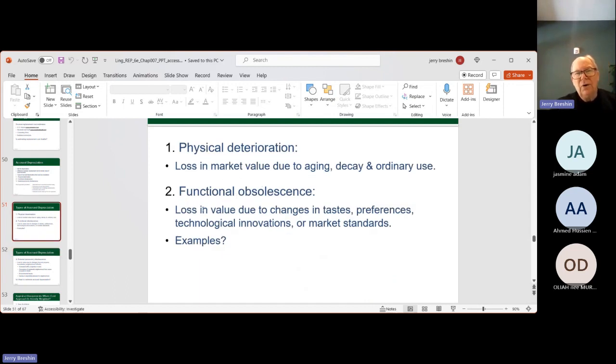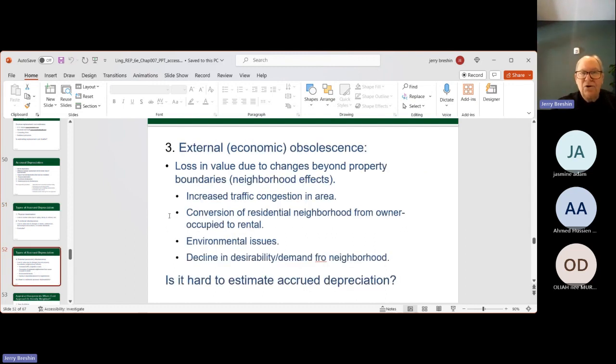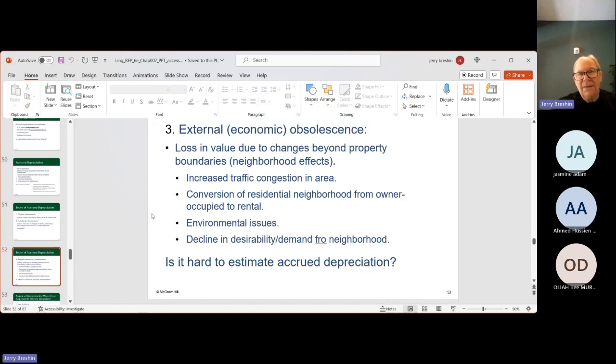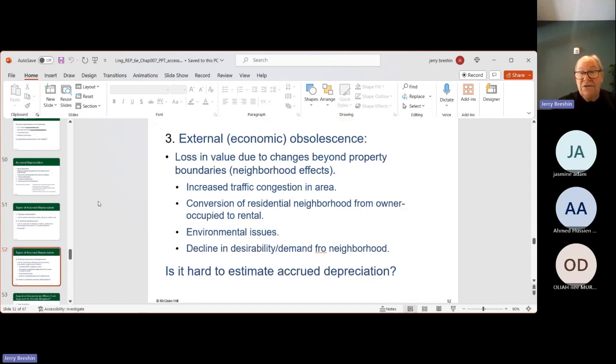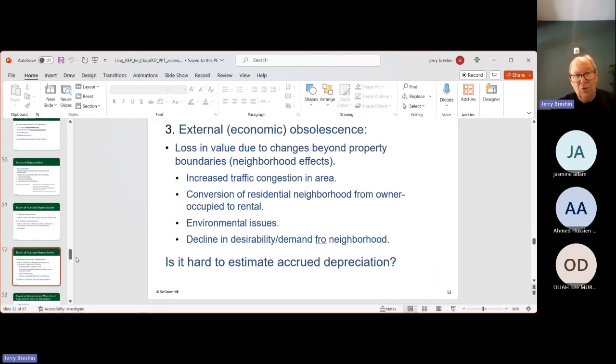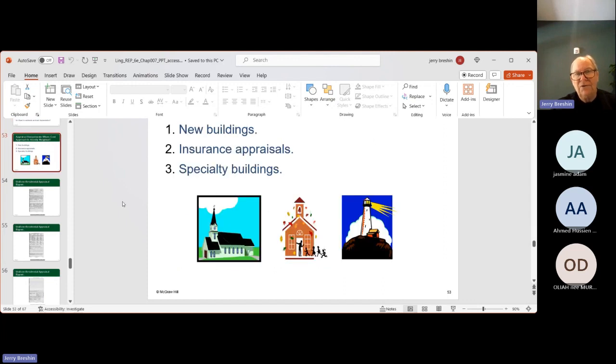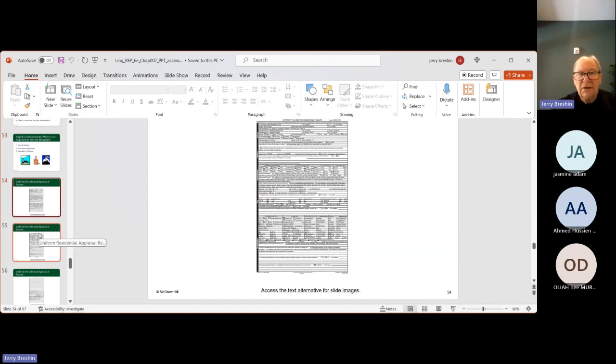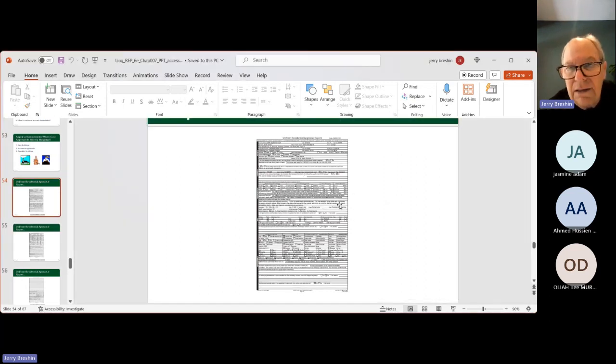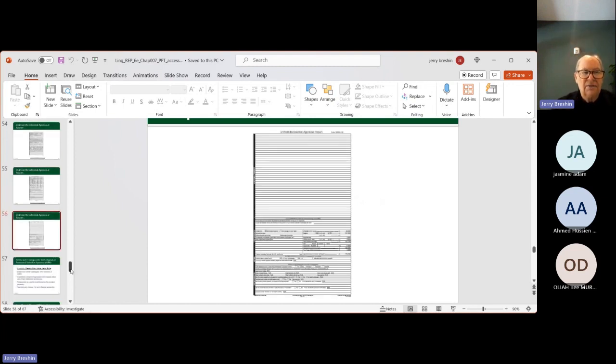Loss in market value is due to age, functional issues, taste and preferences, and external obsolescence, which is simply that they don't make them that way, or years ago there was no traffic and now so many people go by, they build schools, whatever, and that makes the value of the house a bit different. Okay, this you won't be able to see. This would be the report that the appraiser submits to the bank, the uniform residential. This is what they look like.